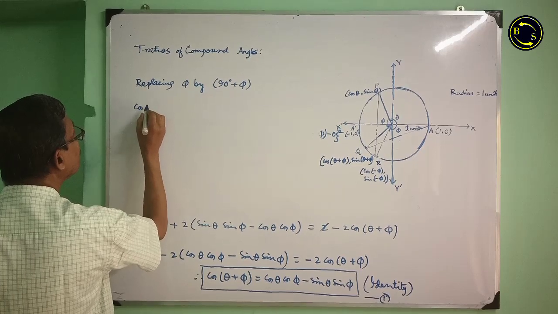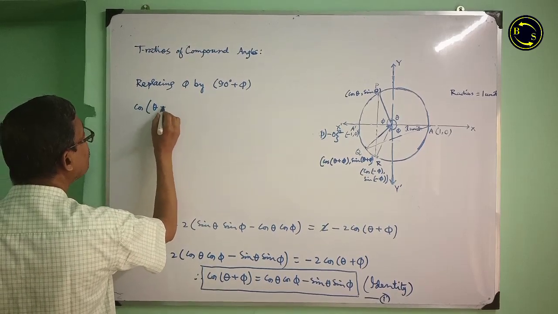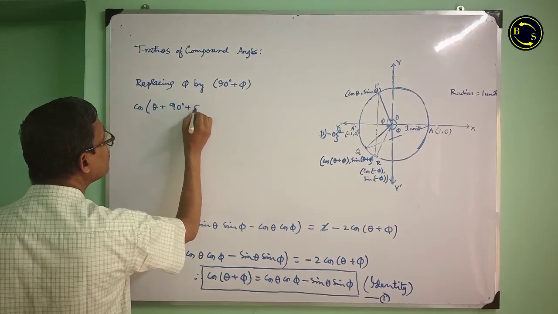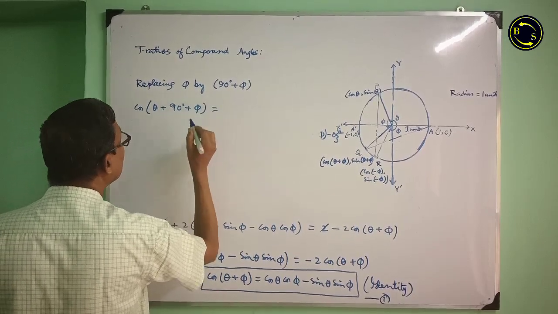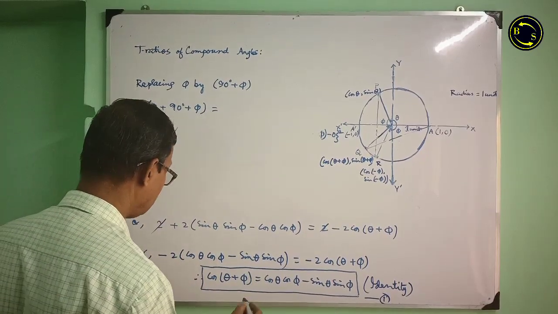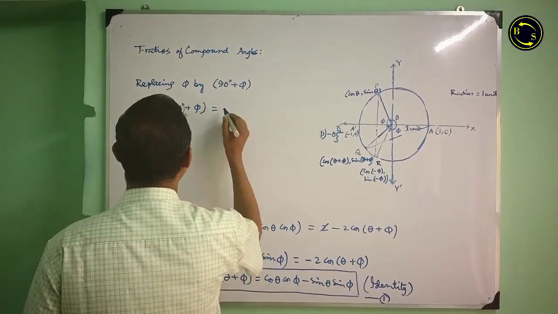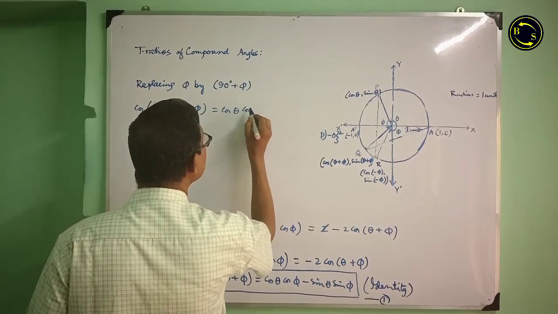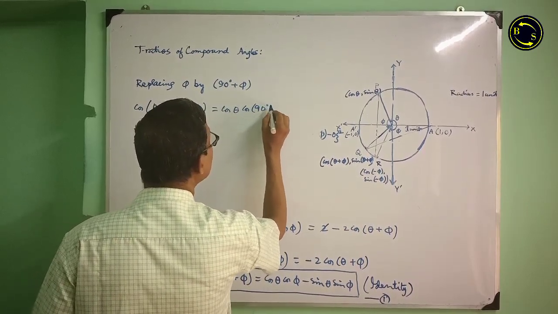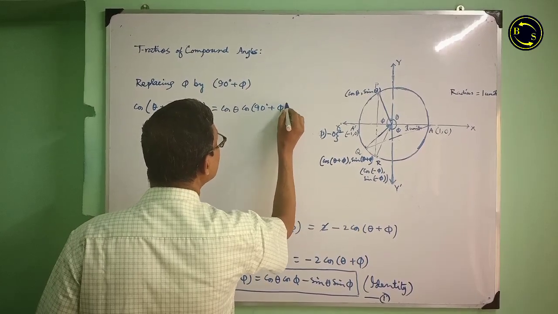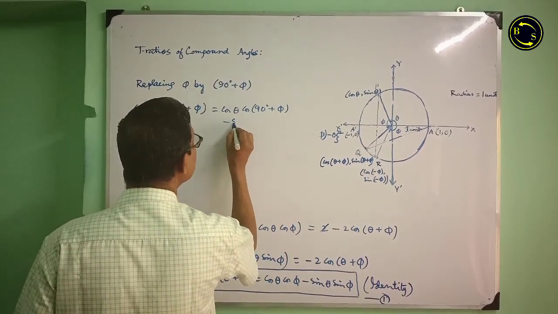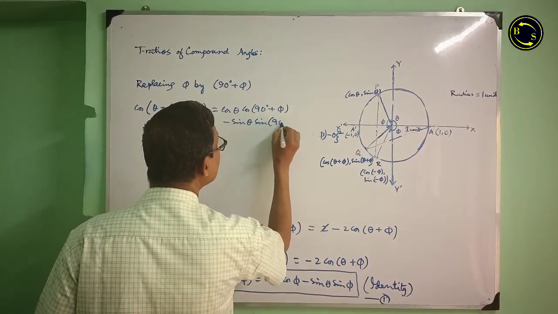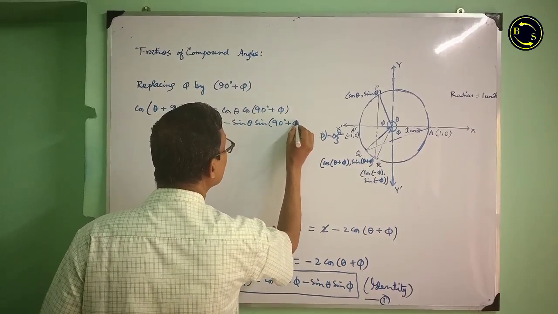Cos of theta plus 90 degree plus phi is equal to cos theta cos 90 degree plus phi minus sin theta sin 90 degree plus phi,